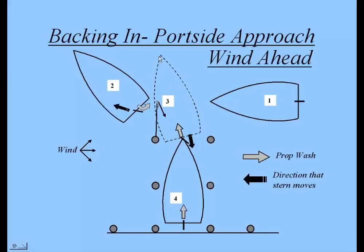But if the helmsman sees the bow approaching center line and crossing center line of the slip, I would then immediately shift to left rudder. And here's the reason for that. If the bow is to the left, I want right rudder because my boat is going to be backing on this angle, and I will have to be prepared to kick ahead to clear these pilings as I come in. But once the bow crosses center line, I'm now going to be backing this direction, and I want left rudder